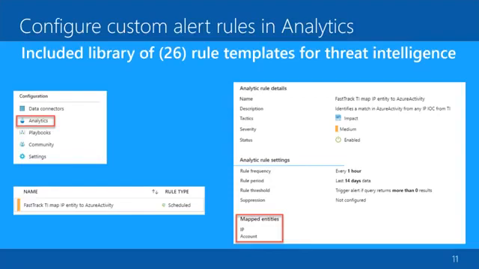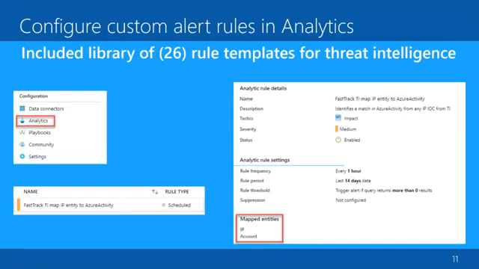I want to look over the last 14 days, and I want to compare my threat intelligence with the data that's coming in on a particular log type. In this case, it's Azure Activity, and I want to match any IP addresses in my threat intelligence with Azure Activity logs, and I want to create alerts and incidents if I find a match. When you're creating analytics rules in Azure Sentinel, you want to make sure that you're doing this activity